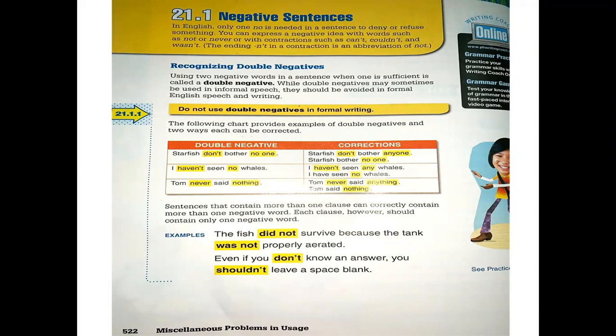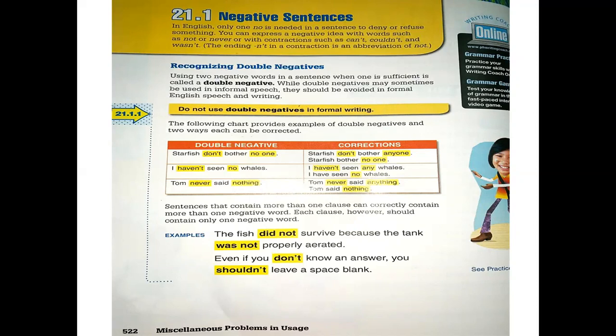So let's begin with our new lesson, which is negative sentences. In this lesson, we are going to be learning about how we should avoid using double negatives in a single sentence. Now, here, as you can see, using two negative words in a sentence when one is sufficient is called a double negative. While double negatives may sometimes be used in